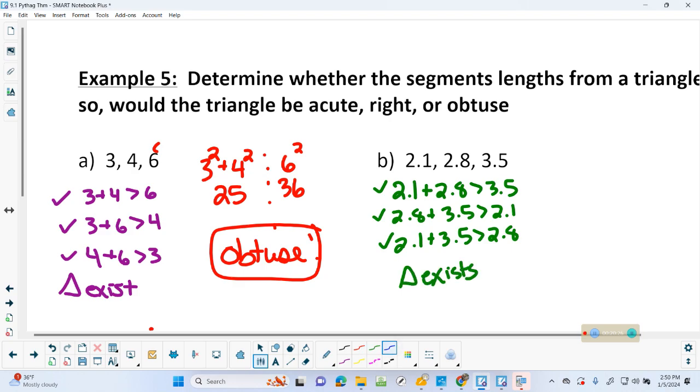Now, of course, we have to figure out the type. Clearly your biggest side, 3.5. So how does 2.1 squared